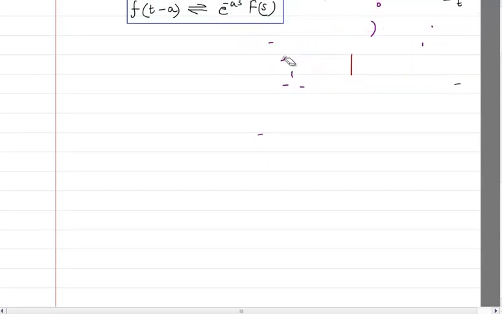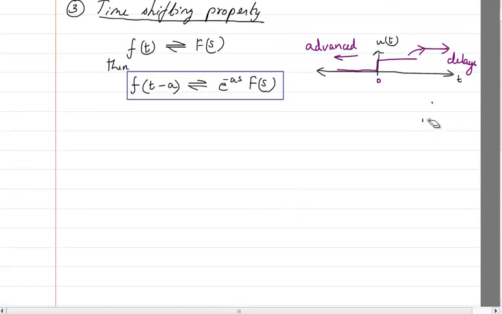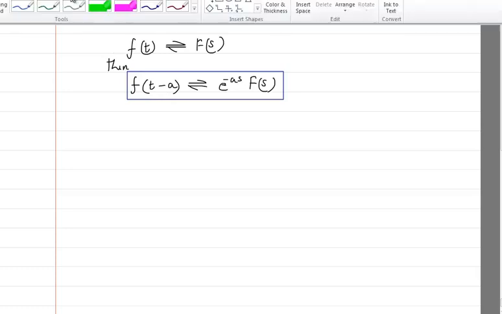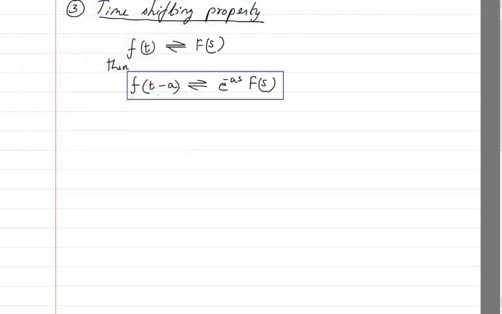Okay, so what does this property say? This property says that if you have any function f of t whose Laplace transform is F of s, and you have a time shifted function, that is f of t minus a or plus a. So I should write here minus a, plus a. Why am I writing plus a also? Because it can be a negative time shift or a positive time shift. If it is negative, it is negative; if it is positive, it is positive.